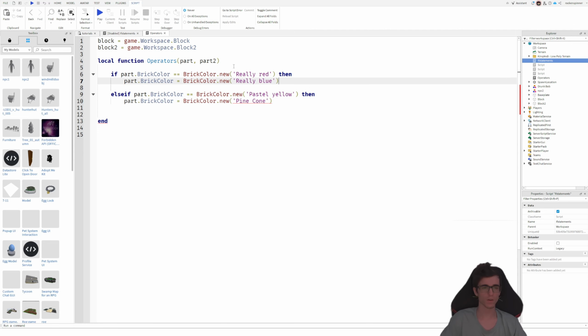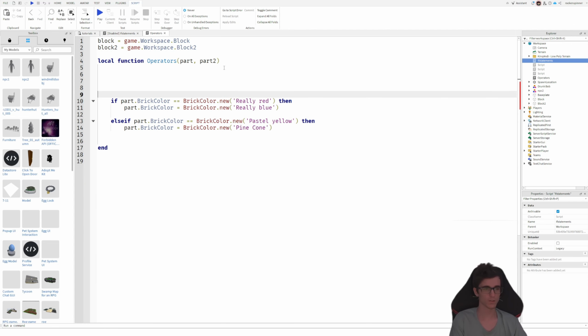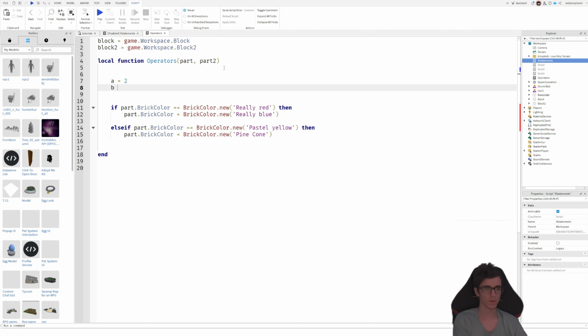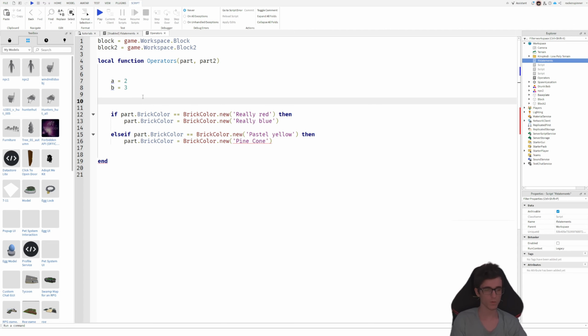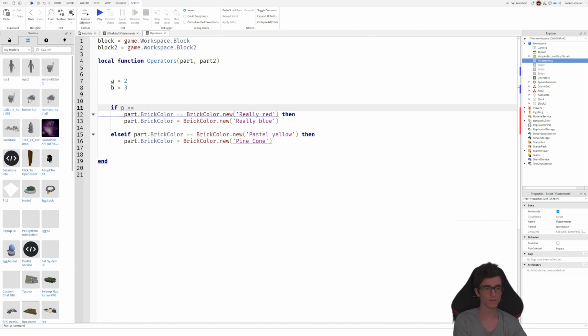We're going to start off with making some extra lines here. We're going to make some new variables. We'll set A equal to 2 and B equal to 3. And we're going to start with and. So what we're going to do is if A is double equal sign 2, so if A is equal to 2 and B is equal to 3,